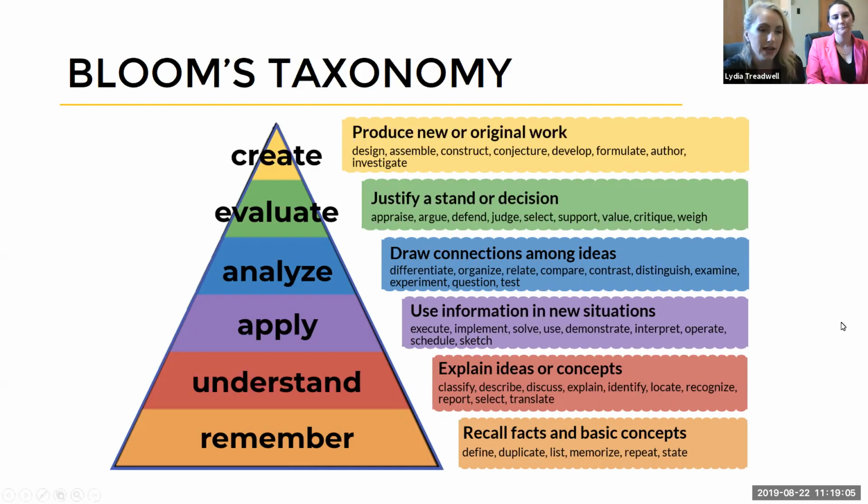And so if you take a look at Bloom's taxonomy, we have these different levels that are illustrated from top to the bottom of the pyramid, and it gives you a short definition to help you classify your outcome within what level you think would be appropriate for the level of the course and the students and what your goals are for the course itself. So if we're looking at analyzing and applying, it says draw connections among ideas and use information in new situations. It also gives you a list of various verbs, those measurable and observable verbs, that will help you specify to what extent they will demonstrate the mastery of that concept within an assessment.